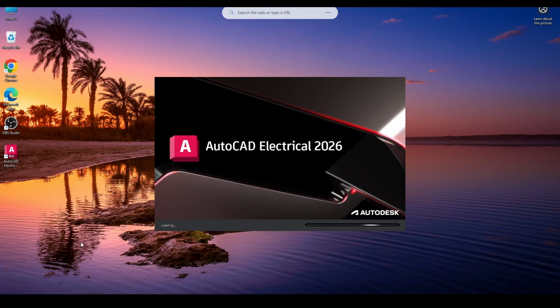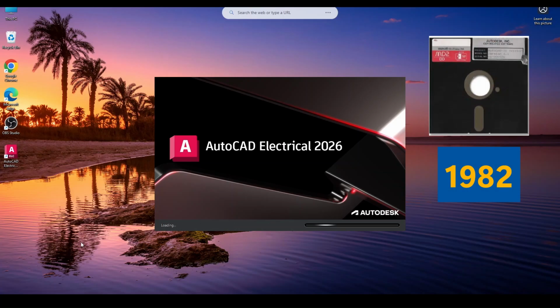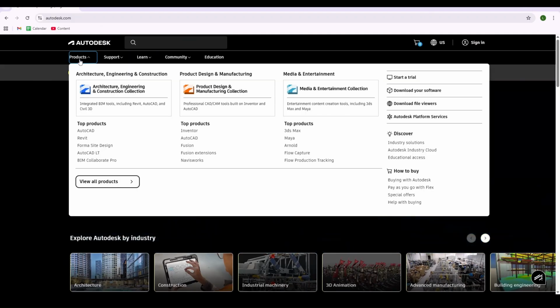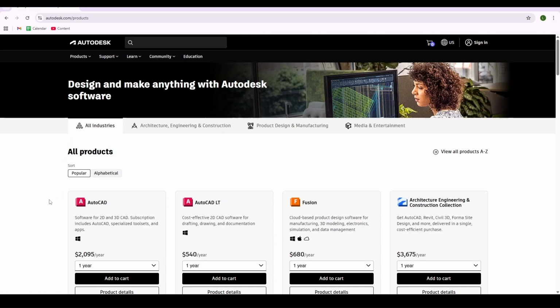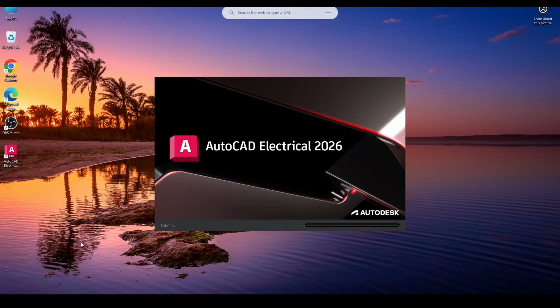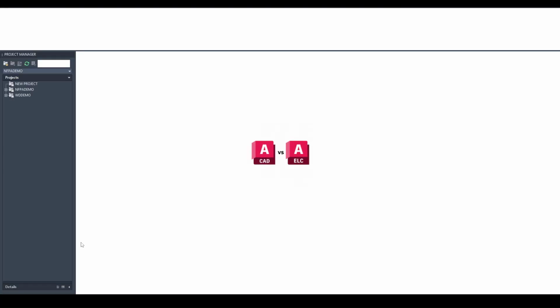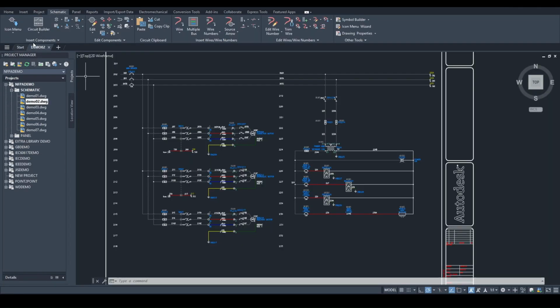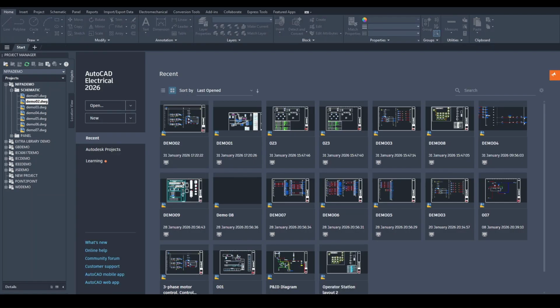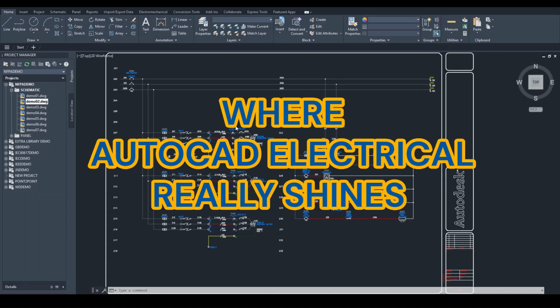AutoCAD Electrical is a specialized version of AutoCAD, originally developed decades ago as a geometric technical design tool. Over time, Autodesk, the parent company of AutoCAD, expanded into dozens of industry-specific applications, and AutoCAD Electrical became the dedicated solution for electrical engineering. At first glance, it looks very similar to classic AutoCAD or even AutoCAD Mechanical, but beneath the surface, it includes a powerful set of electrical-specific features designed to make your schematics intelligent, consistent, and far more efficient to produce. Where AutoCAD Electrical really shines: